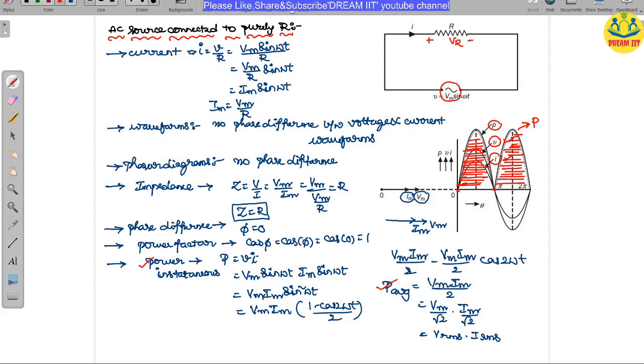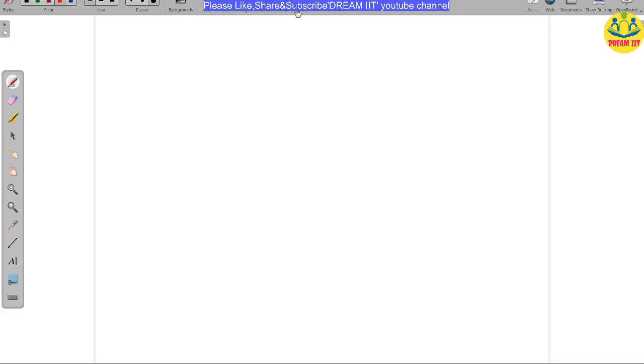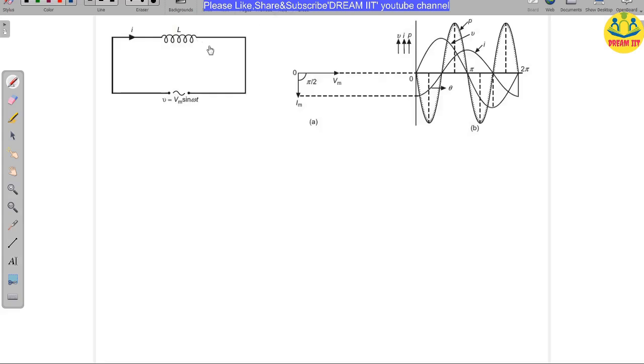Next, before going to see this, whenever you apply an AC source to an inductor, you are going to see some property. First, before we discuss that,